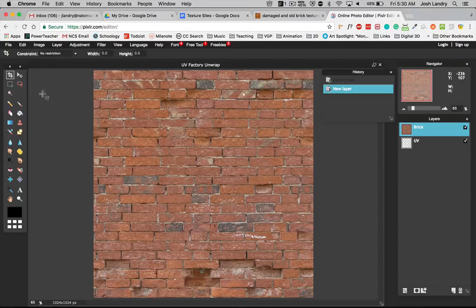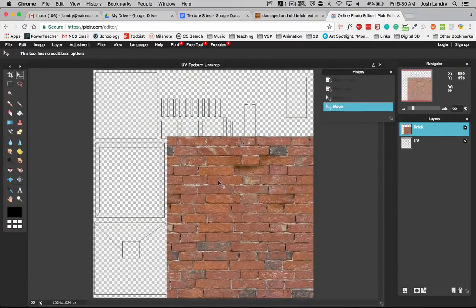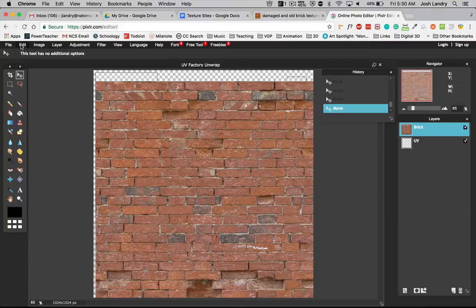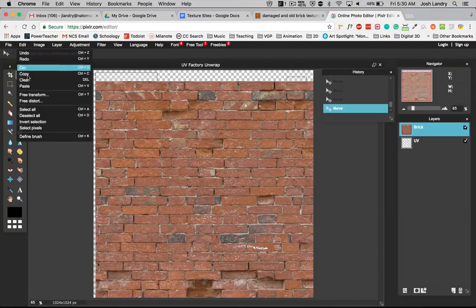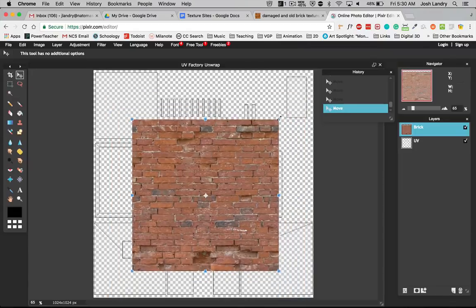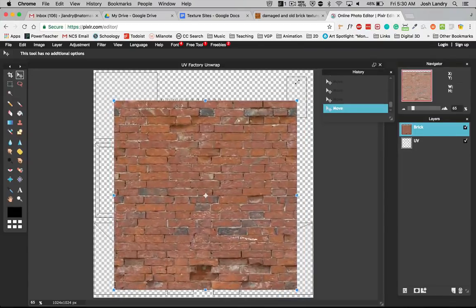Okay, so now the two tools that we're going to be using in Pixlr is the Move tool, so we can just move it all around. And then we're also going to need to do Edit, and we're going to choose Free Transform. And that's going to give us these little blue handles going around it. And if we hold down the Shift key and we go to one of the four corners, you'll see that it lets me size up